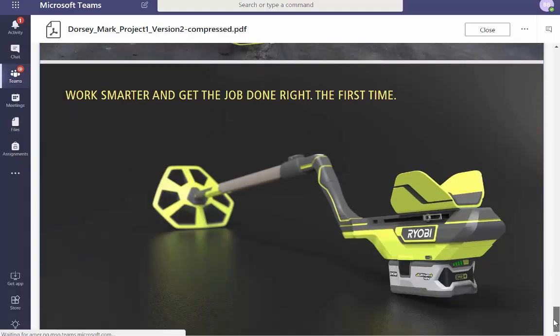Benefits, not bad. Can we do a direct quote? Is it lying? Sure, but I'm not above lying. It's past midnight. Make this a quote. Quotation mark. Helps me get the job done right the first time. End quote. And you can say Auburn facilities manager, or you could quote one of the people you worked with at Ryobi. Probably not the Ryobi person, because they could track you down and go, I didn't say that. But a hypothetical person at Auburn that you quote unquote worked with could drive that home.